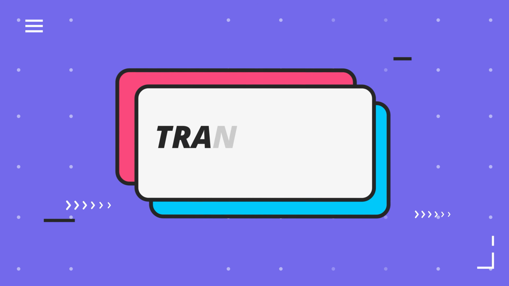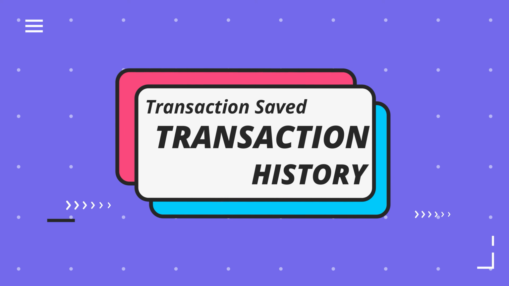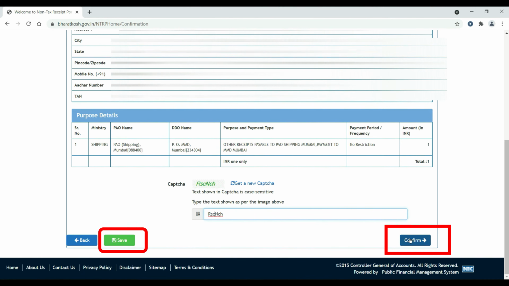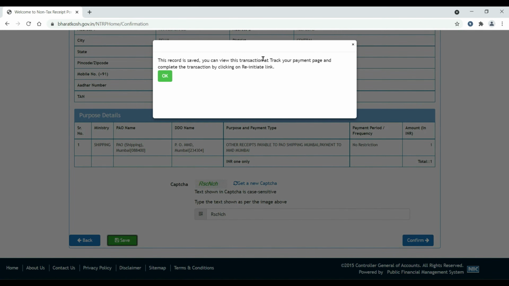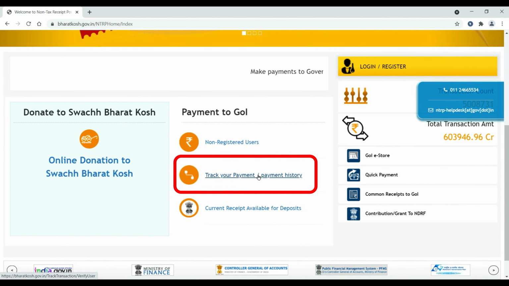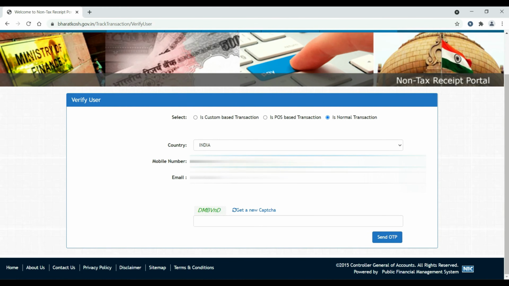Coming back to the same page where there is a saved transaction, the one on the left, the green color button link. Over here it just saves your details. This is for when you have made the profile but you don't want to pay right now, so it goes to saved transaction details, and you have to go to track payment or transaction history.